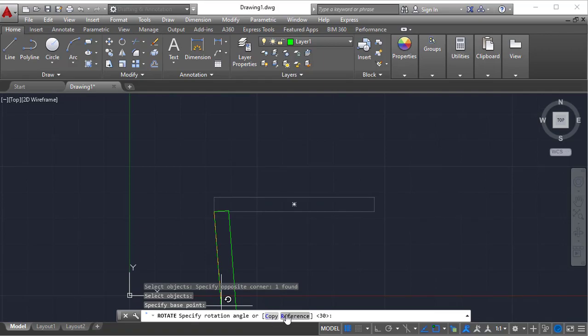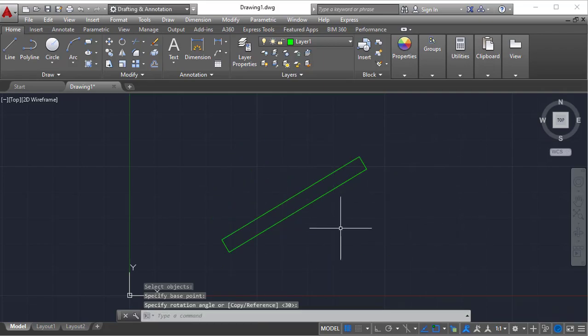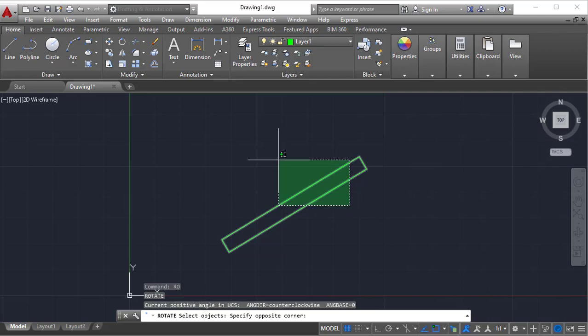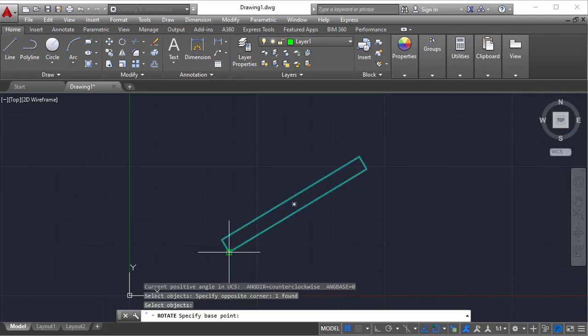Now, what is reference used for? Say I have an object at an unknown angle. Unexpectedly I have rotated this one, and I want to get it back to the horizontal position. For that, RO, enter, select this object, click enter, pick the base point, and click on reference.